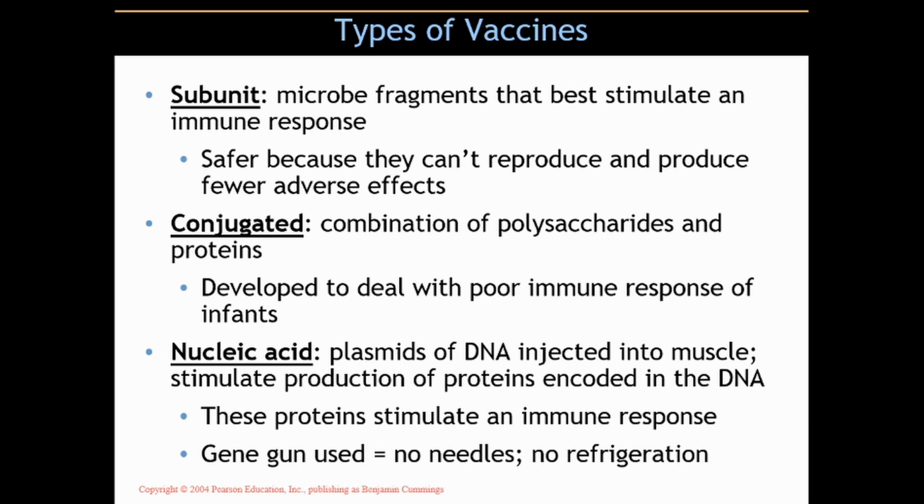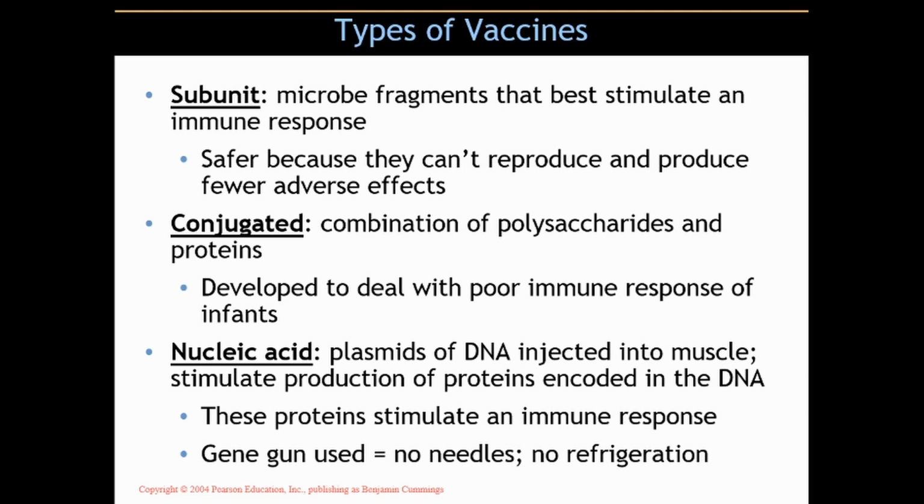Now, muscle cells don't divide very rapidly, but it creates an immune response that continues as the cells divide. And also, a gene gun is used in the administration of nucleic acid vaccine, which means no needles. And also, there's no refrigeration needed for these, which is a big deal, because if we want to vaccinate people who live in remote areas, in remote villages with no electricity, no chance of refrigeration, this is a great alternative